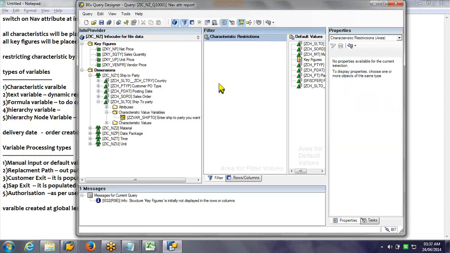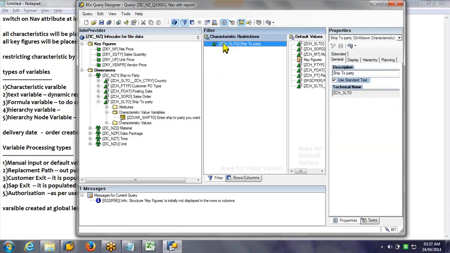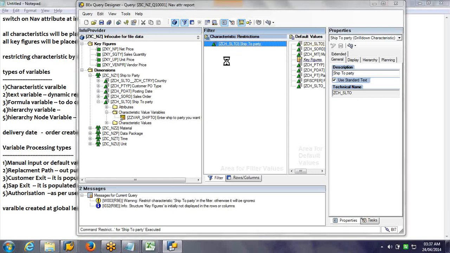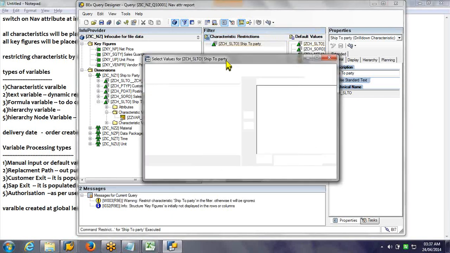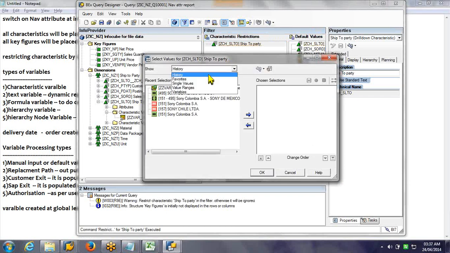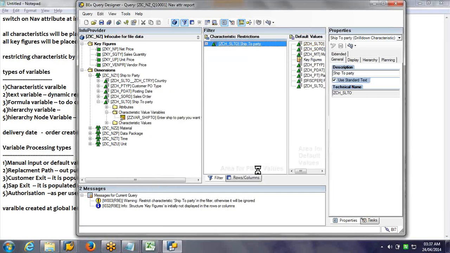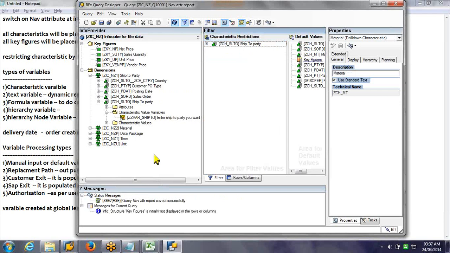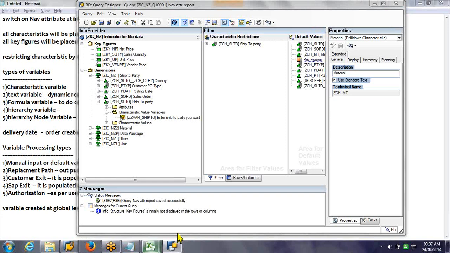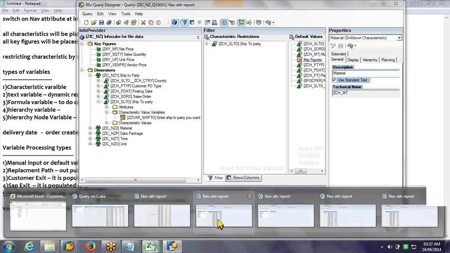Normal process like you place it, then restrict, as per the variables now. Save. So this time the user is getting an option to enter the sold to party which he wants to see.